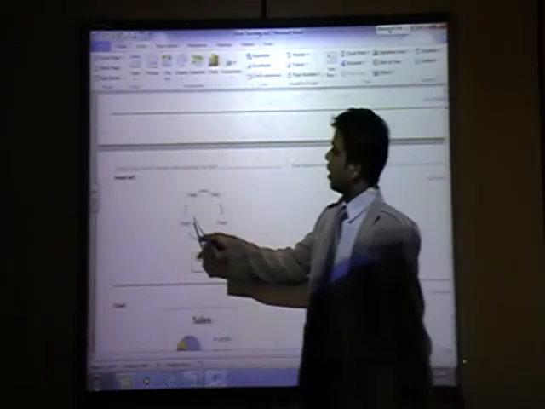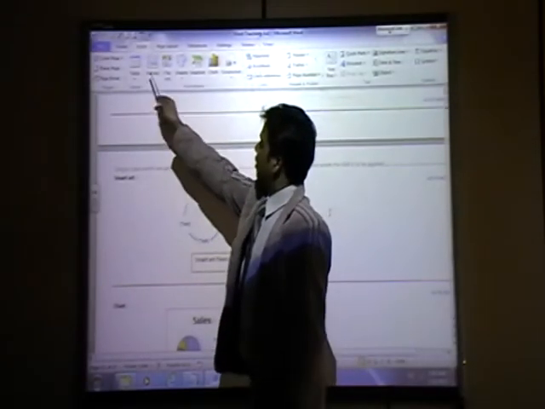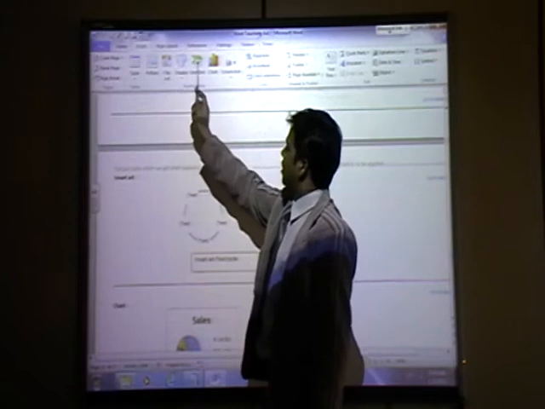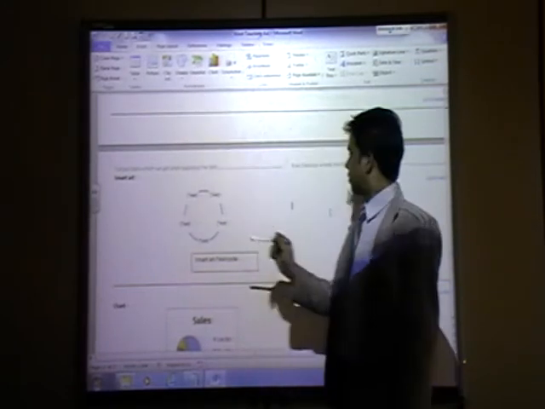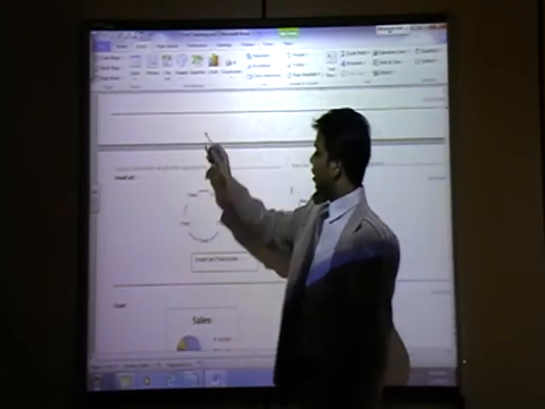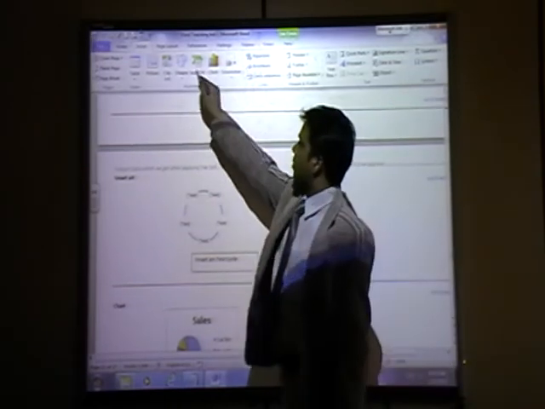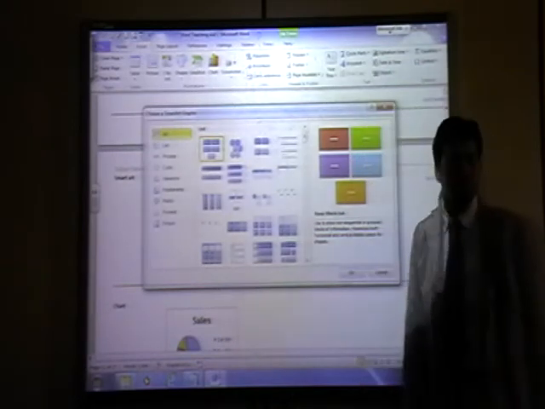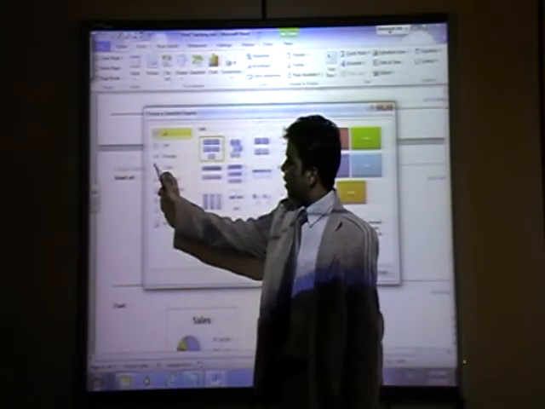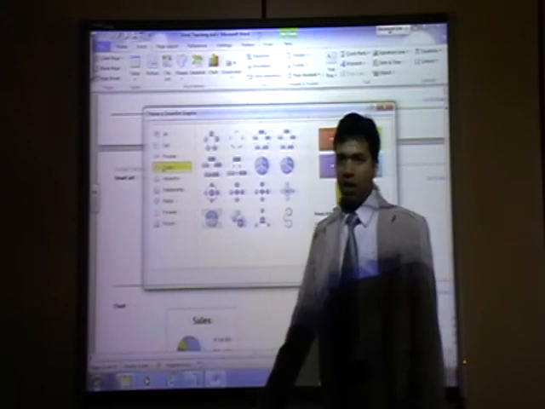Next question is smart art. We have finished table, picture, clip art, shapes, and now is smart art. Smart art text cycle. Click on smart art. Here you see cycle. Click on this one, cycle.